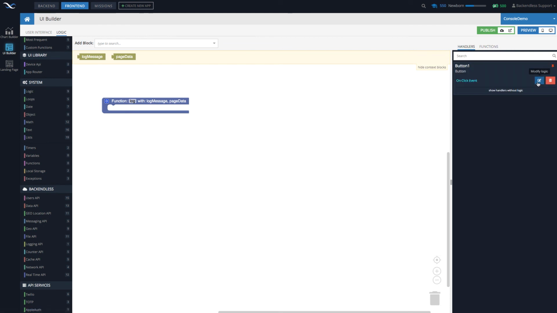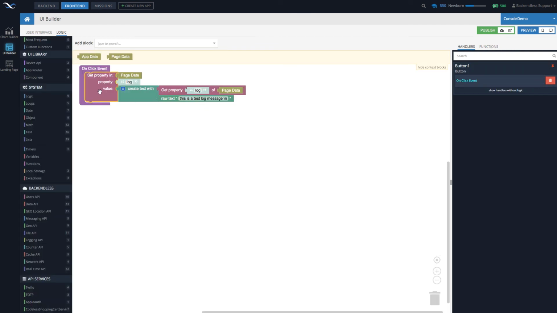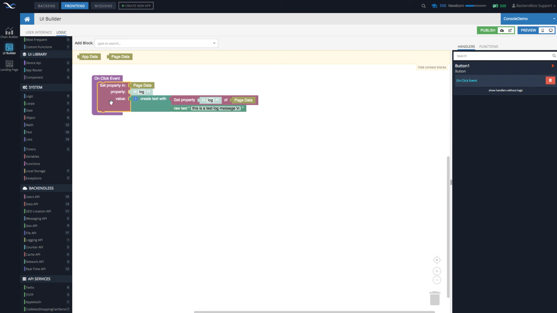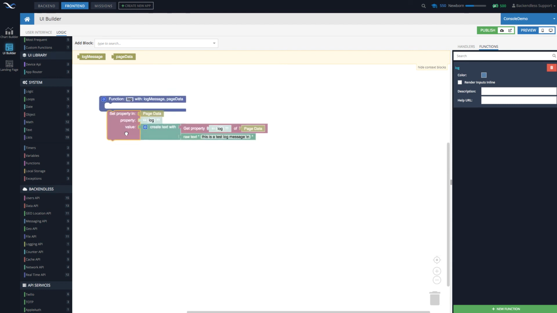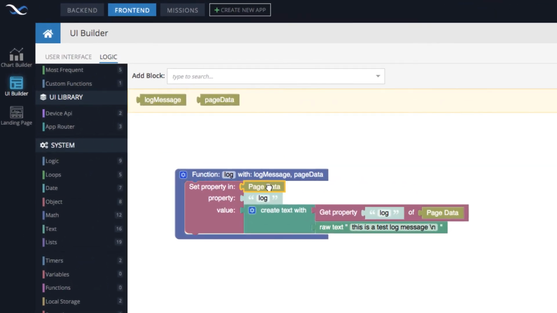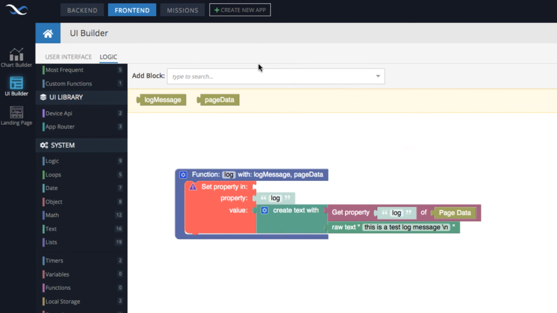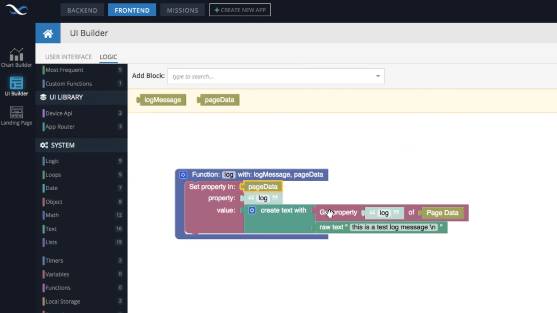And in this function, we will repeat exactly the same thing that we had in our logic, which means that if we go to handlers, select this block and do Command-C or Control-C, depending on the operating system you're in, just to copy it to the clipboard, go back to your function and do Control-V or Command-V. Put it in there, and instead of page data that was there, replace it with the argument page data. Same thing right here, just replace it with the actual argument. And in raw text, now we have the actual log message.